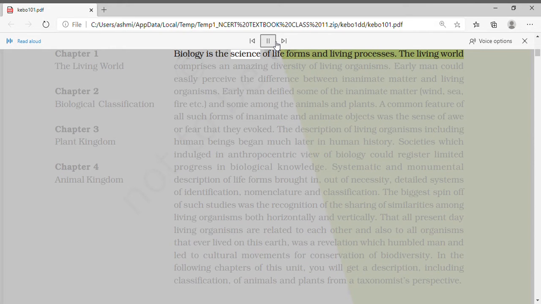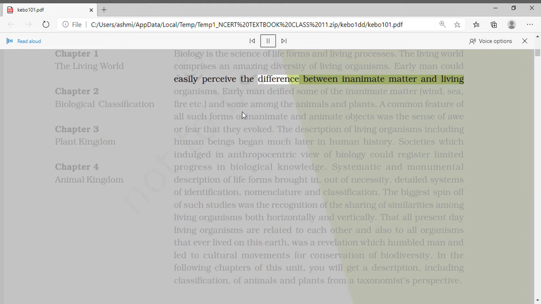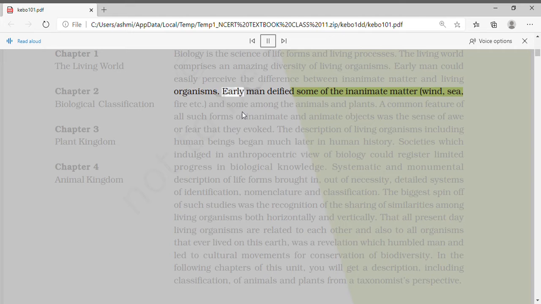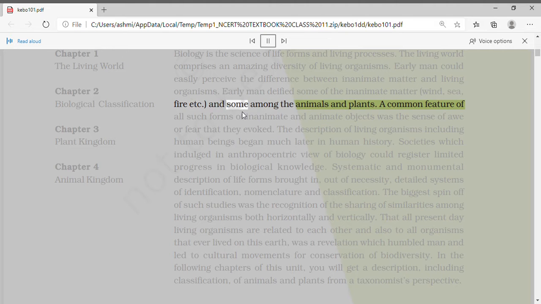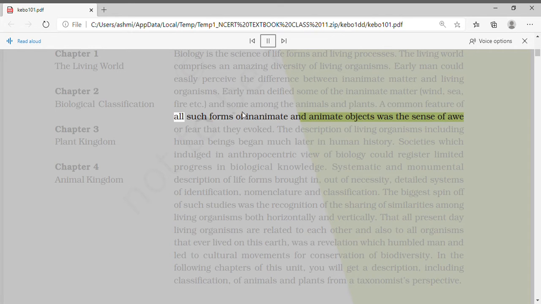Biology is the science of life forms and living processes. The living world comprises an amazing diversity of living organisms. Early man could easily perceive the difference between inanimate matter and living organisms. Early man deified some of the inanimate matter, wind, sea, fire, etc., and some among the animals and plants. A common feature of all such forms of inanimate and animate objects was the sense of awe or fear that